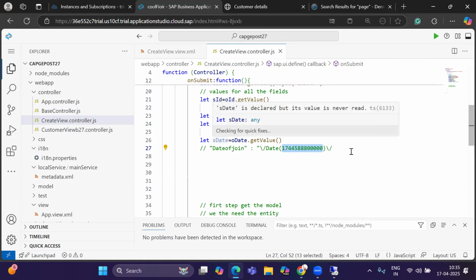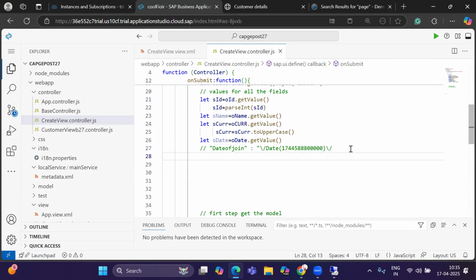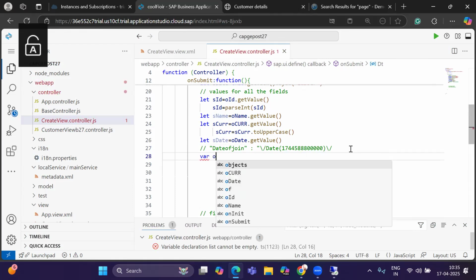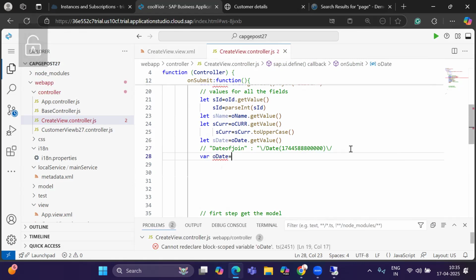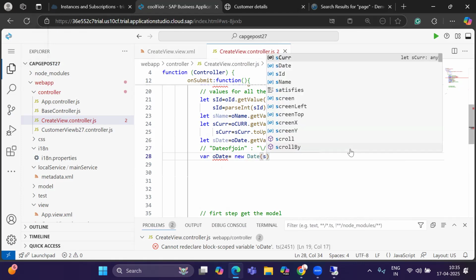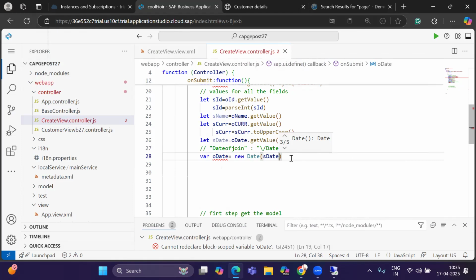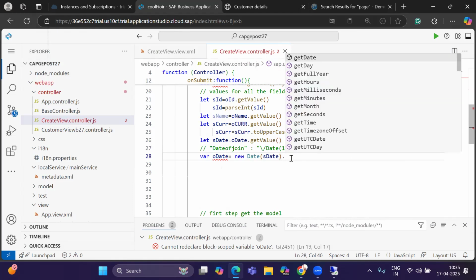So first we need to get the date. How can we get the date? Var date. First need to create an object. Date equals new Date, and there we're going to pass the date inside it. This is the date we want to pass, and yes, this is what we do in it. And dot getTime is the method